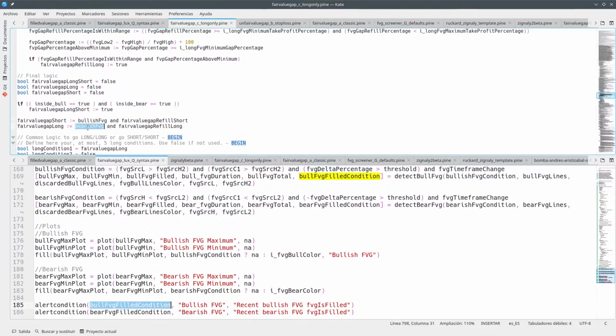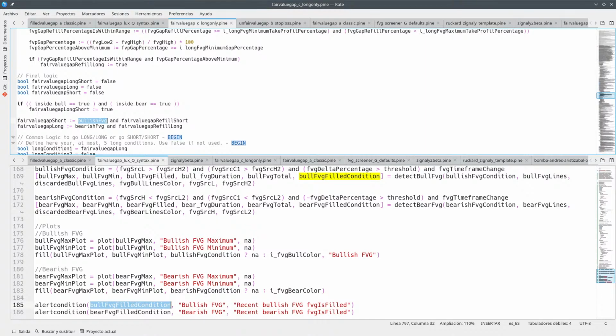So these are some conditions about meeting some conditions which we have not implemented. So what happened here is that once a bullish FVG was found, then you went with that direction,